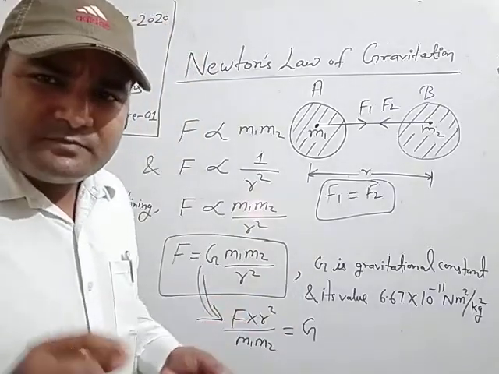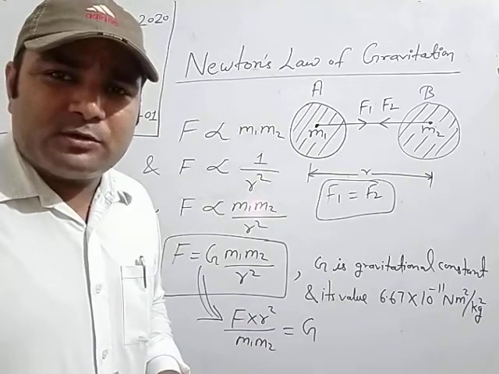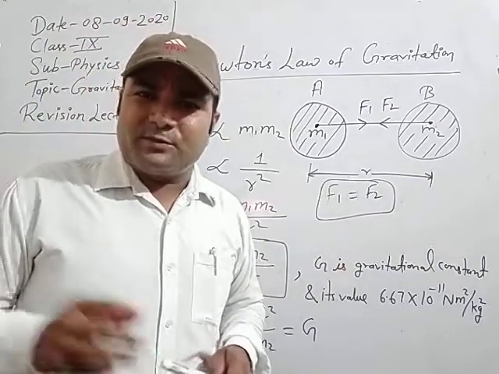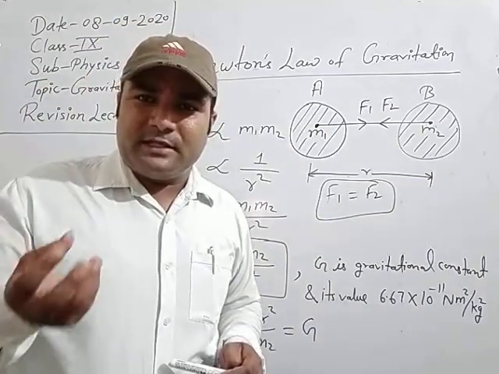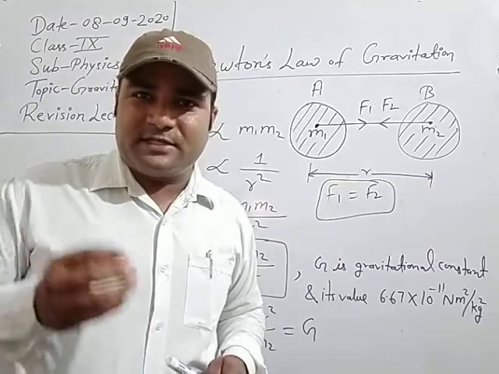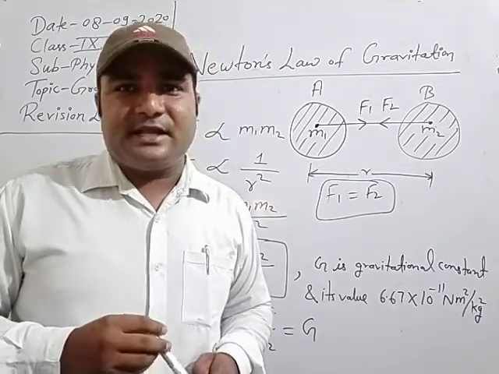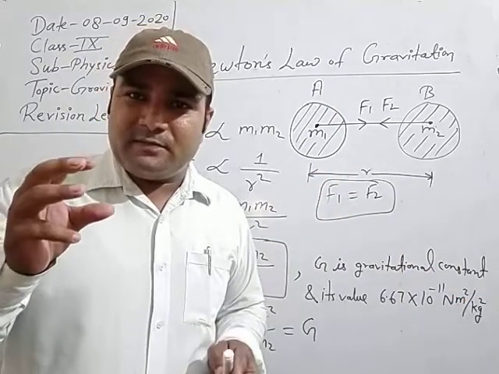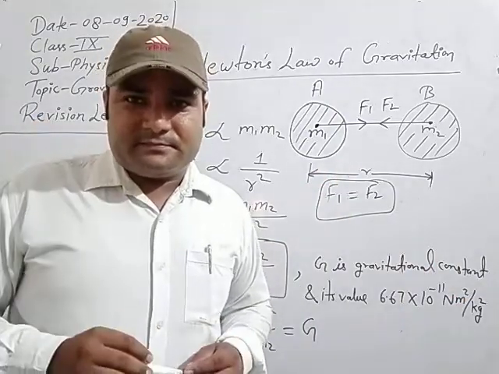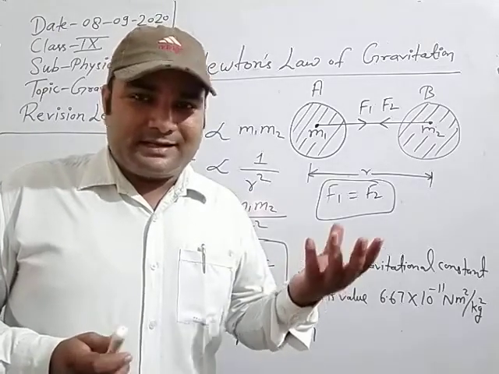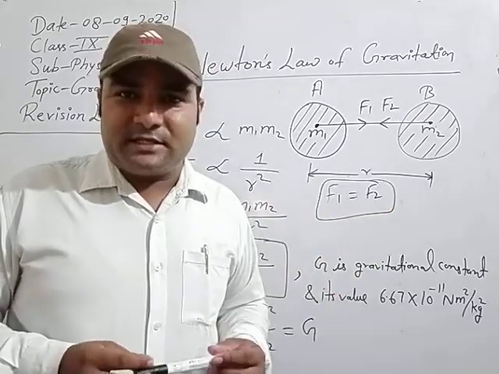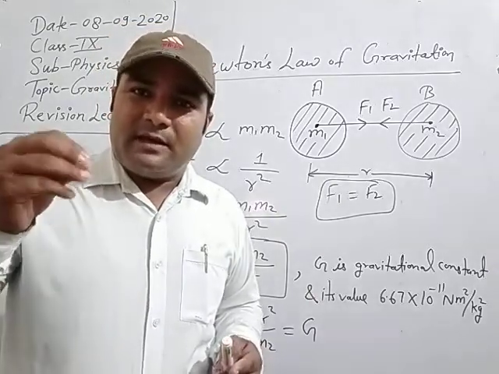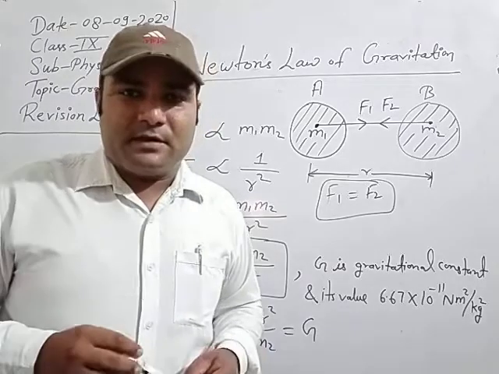After this, I will explain about Kepler's law. And here, Newton's law has so many applications. Suppose any body is falling downward, then due to force of attraction, or you can say Newton's law of attraction is acting there. And the flow of water in a river is also an example of force of attraction, that is, the earth attracting towards the center. Each and every body that lies on the earth's surface is always attracted towards the center of the earth.